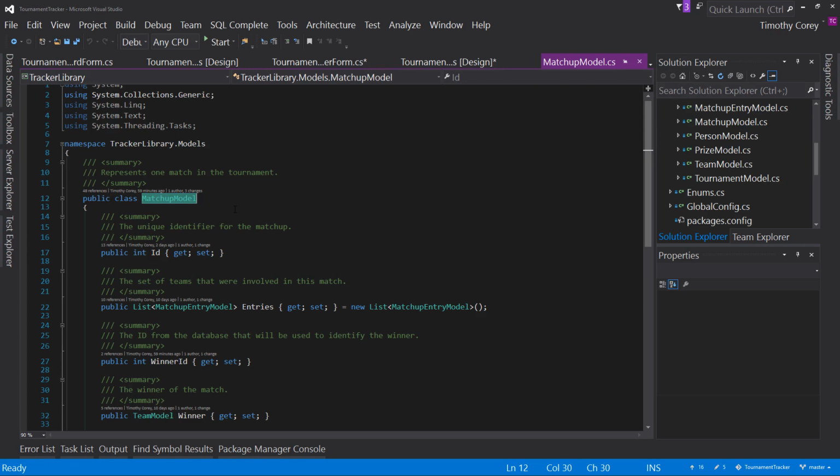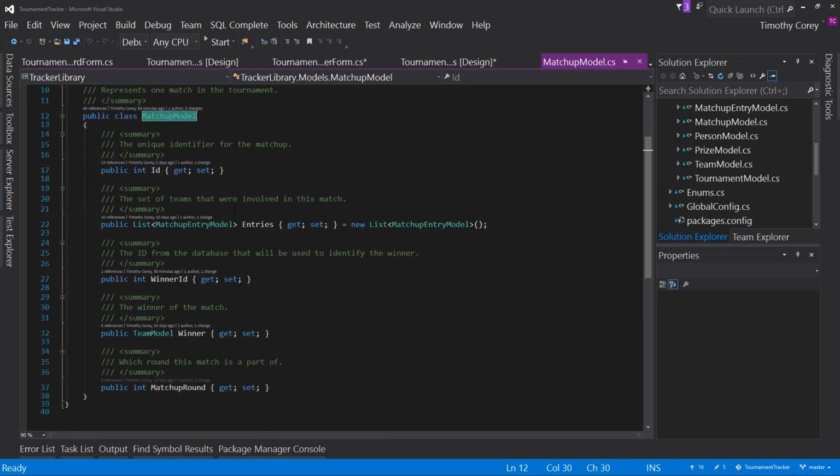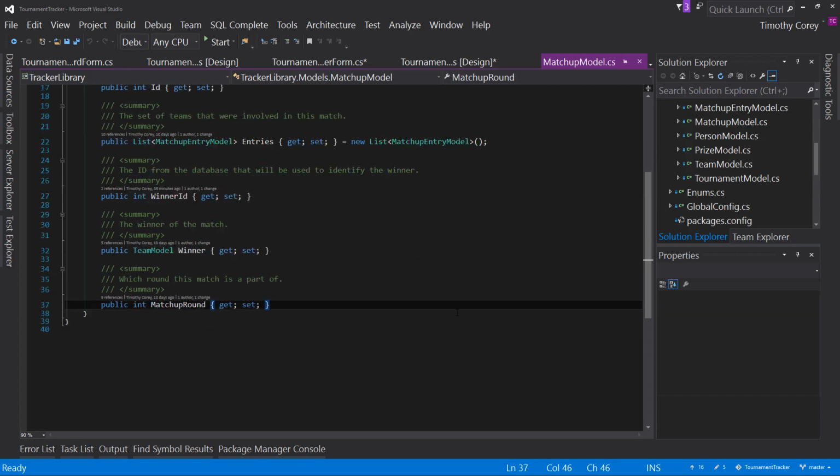So here I want to say, what is the matchup? How do I display this matchup? And that's kind of hard because there's not really a good value. There's an ID, that doesn't really help anything. There's a winner ID, doesn't help. There's the winner, well, we don't know if there is a winner yet. There's the matchup round, don't really care, we know what that is already. So therefore, we're left with entries, which is a list of matchup entry model. Not helpful. So let's actually create a new